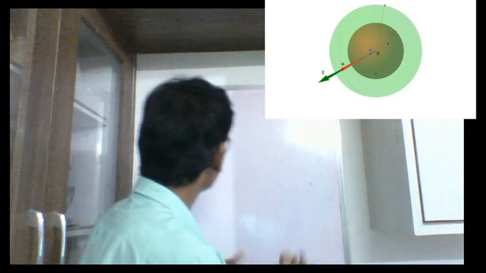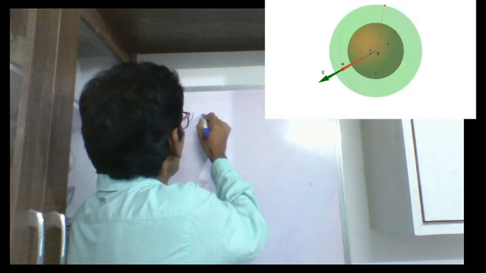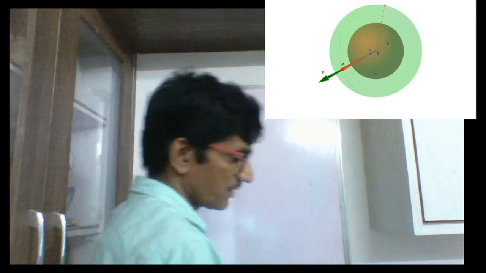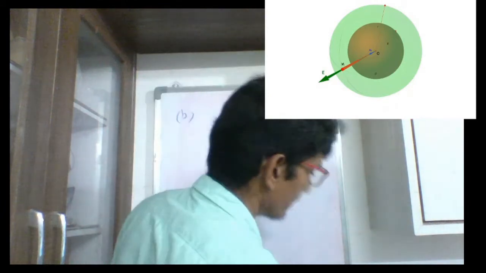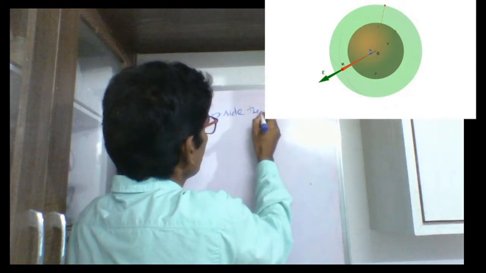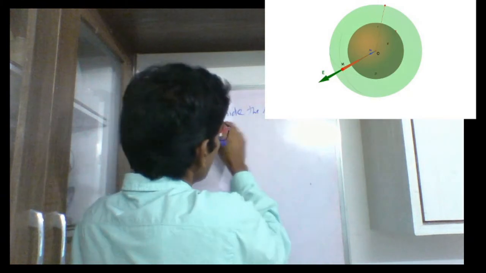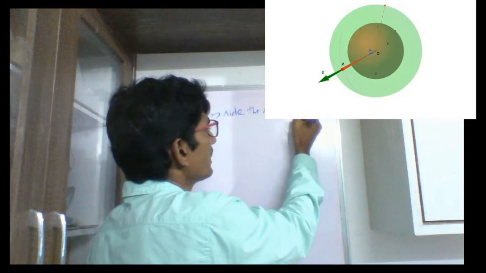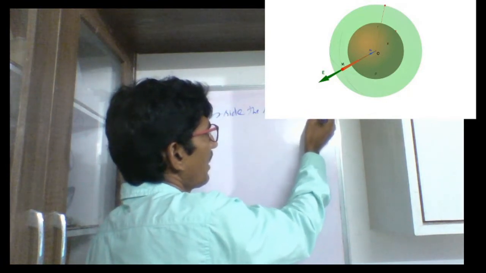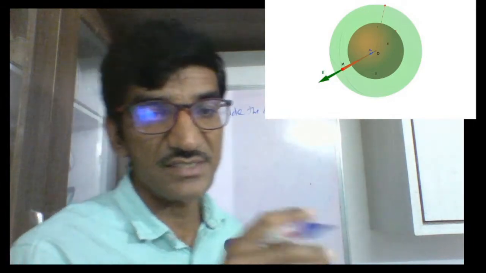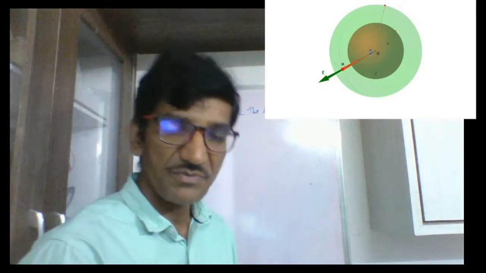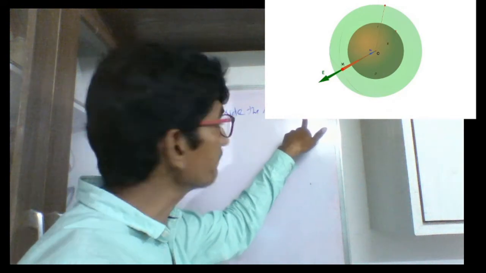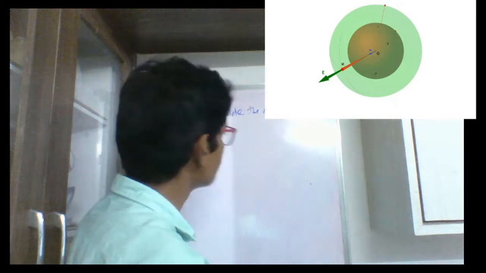Case B, inside the sphere. Outside is over. So mathematically, how do we write this problem? Now your small r should be less than the capital R. Then only you arrive at the points inside the solid sphere. This is the mathematical statement of our case B, the second problem, in the solid sphere.